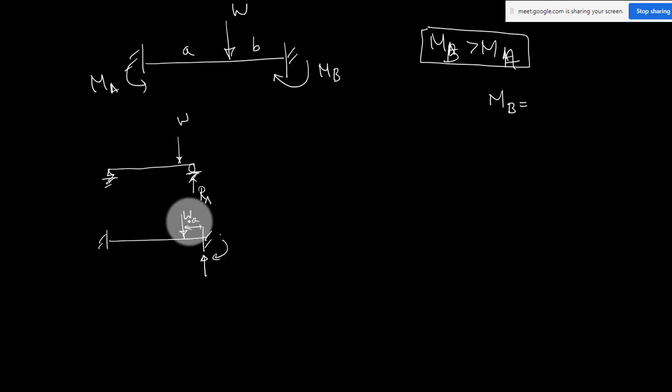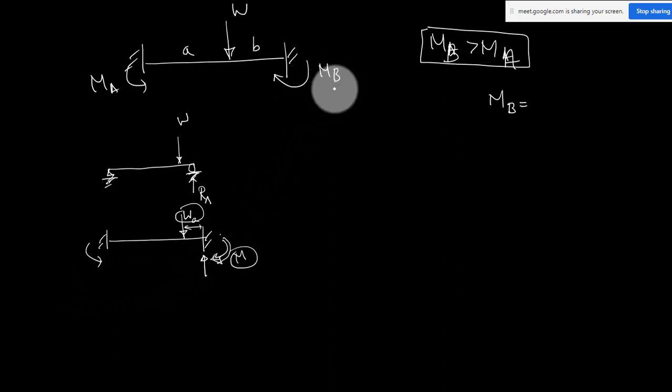If it is take a, this w into a is equal to this moment, that is wrong. Then you could have solved directly. This moment itself is an unknown value. You cannot solve by using direct equations for this moment, because of this load effect, the resisting moment coming at this support will be more than at this support.